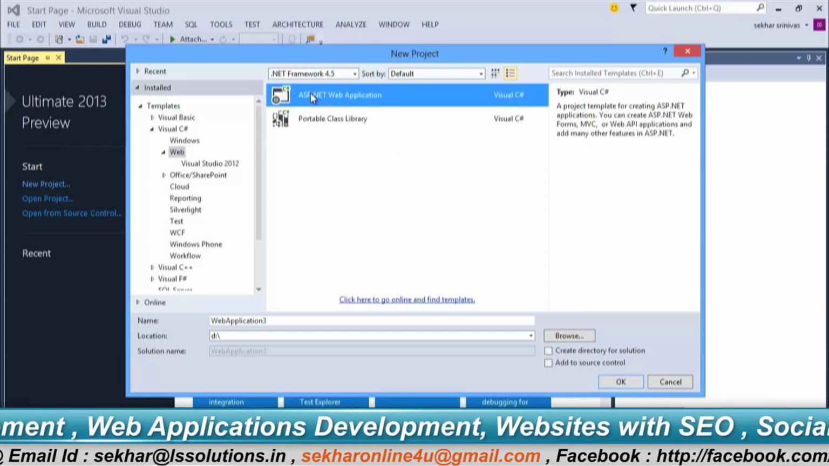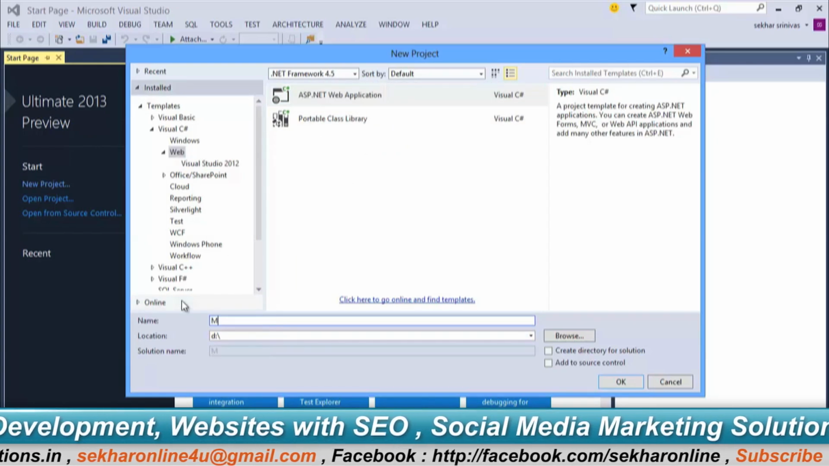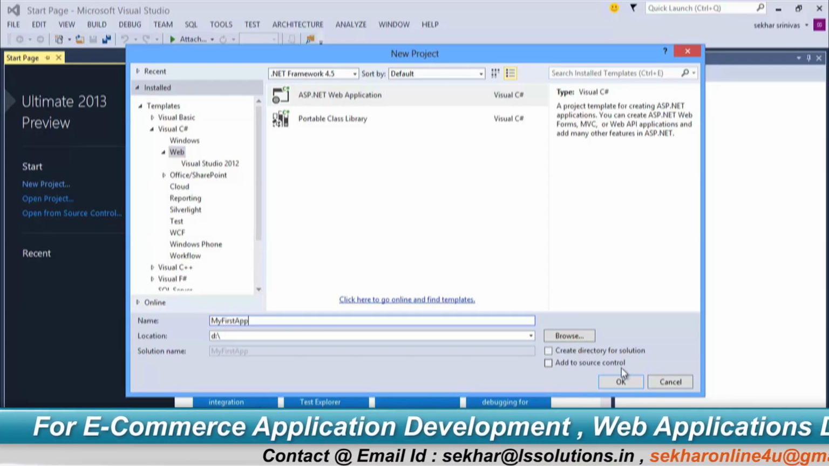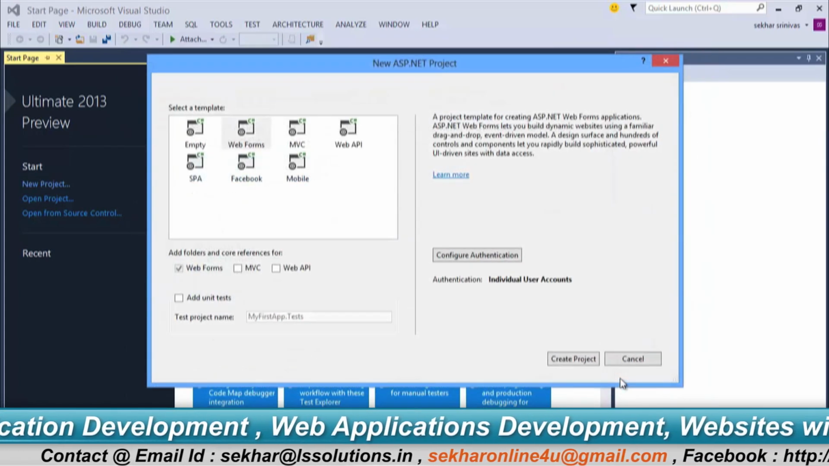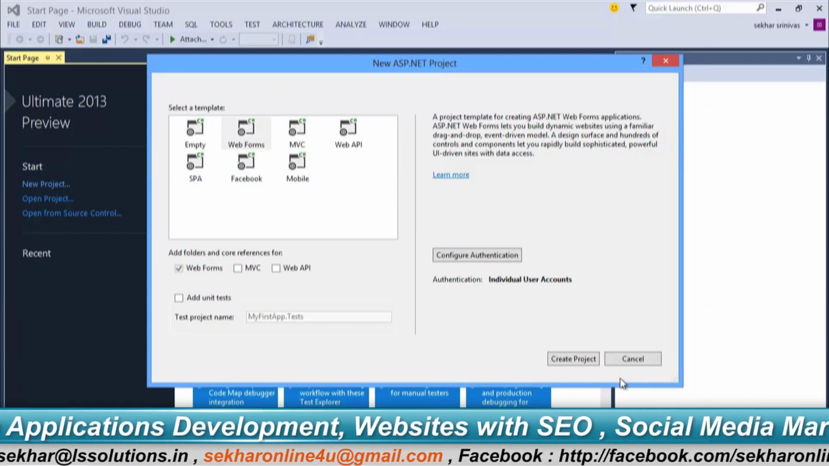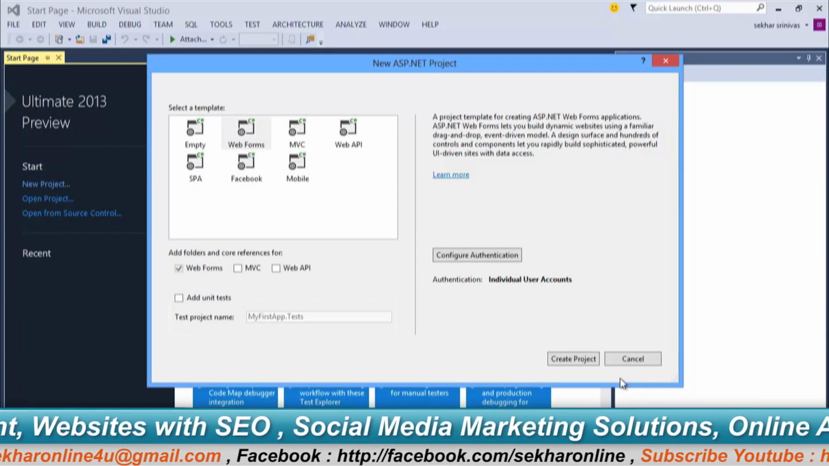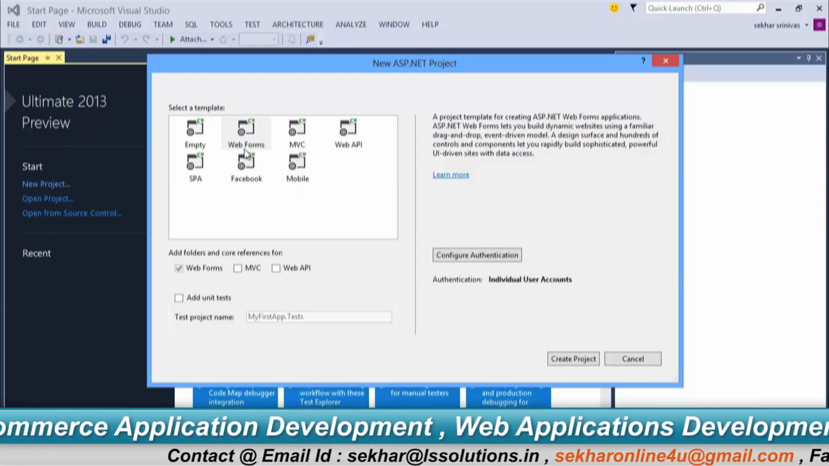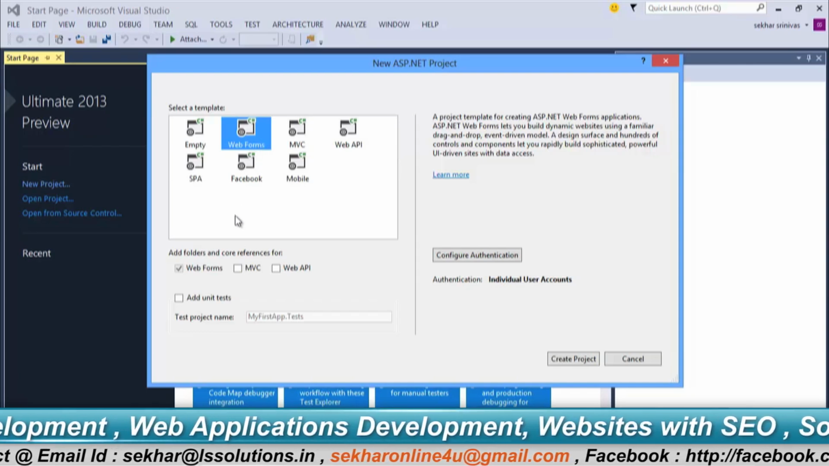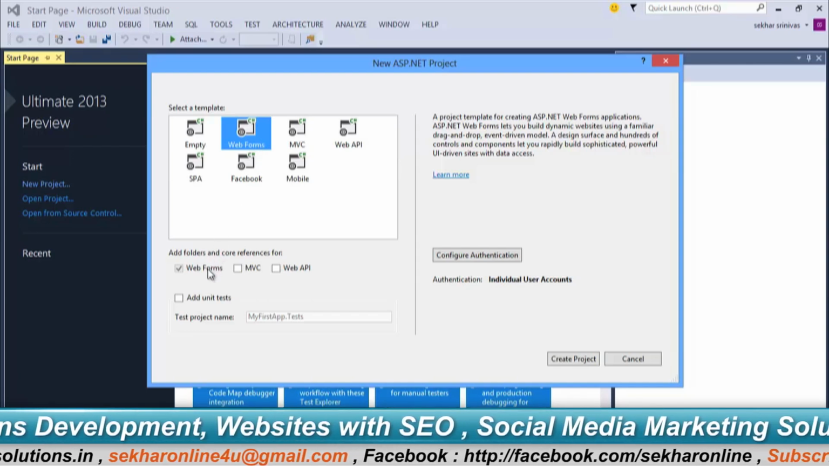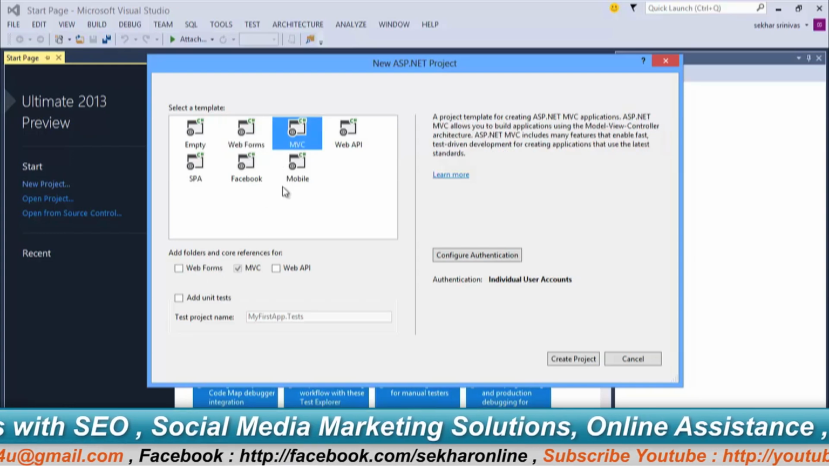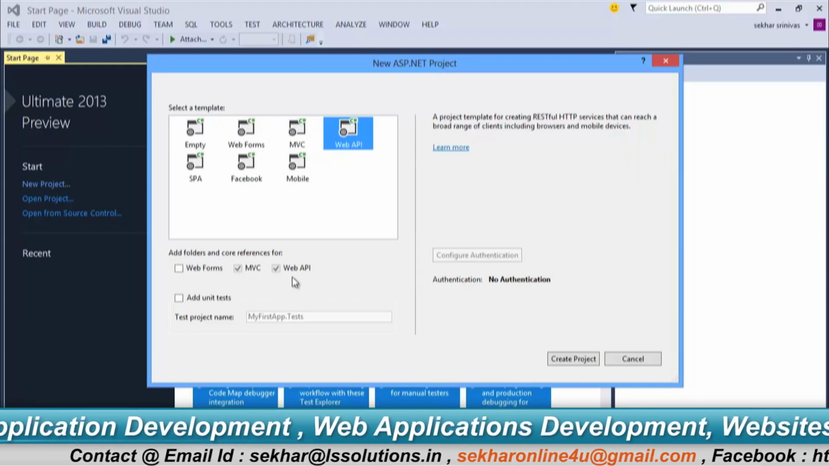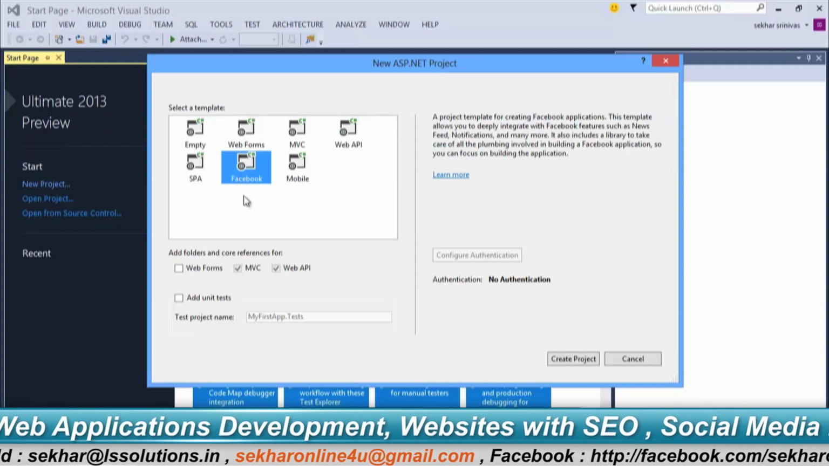Now let me select the web. Let me click on ASP.NET Web Application. I try to give my first app name. I just click on OK. Once I click on OK, I find a dialog window where we can select the things. I find different types of templates available. When I select a template with a name called Web Forms, I see Web Forms got selected. When I select MVC, I find MVC got selected, Web API, MVC as well as Web API got selected, Facebook,